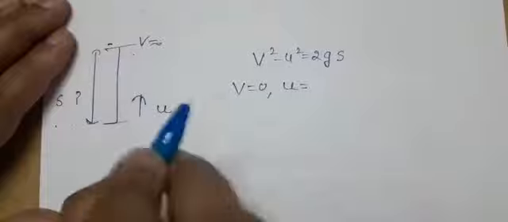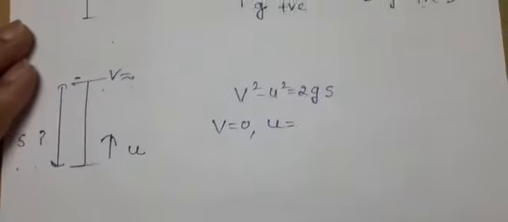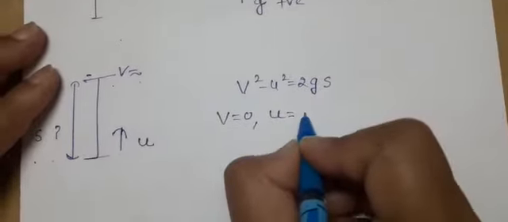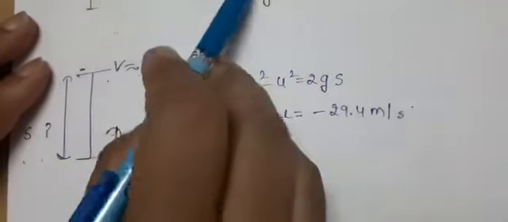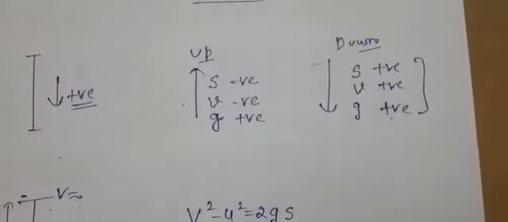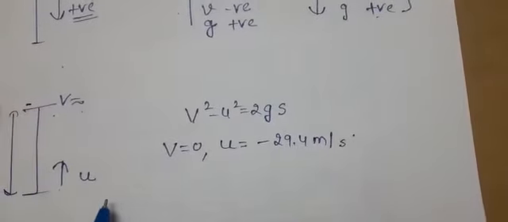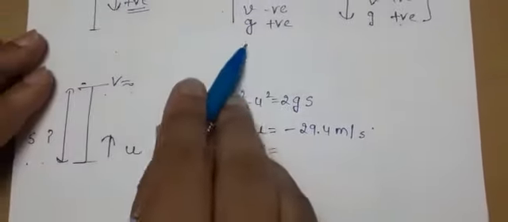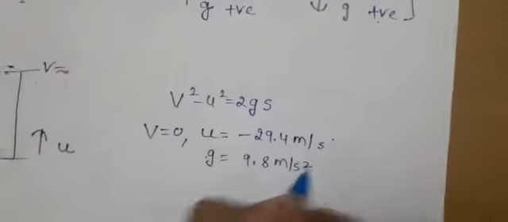Now see the first calculation part on the basis of conventions. As we have been given downward convention to be positive and the body is thrown upward, u will be negative. See the convention: the body is thrown upward, our convention positive is downward, so u is negative. So we have taken u negative. Similarly, acceleration due to gravity will be only positive, 9.8 meter per second square.